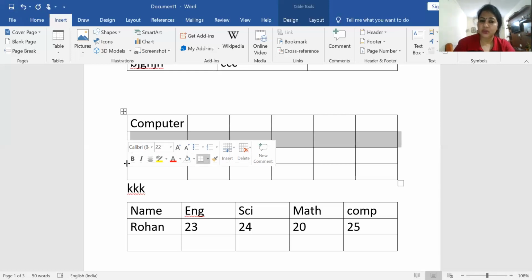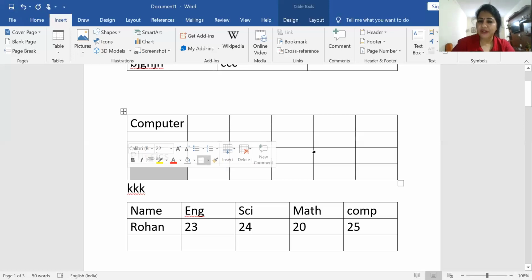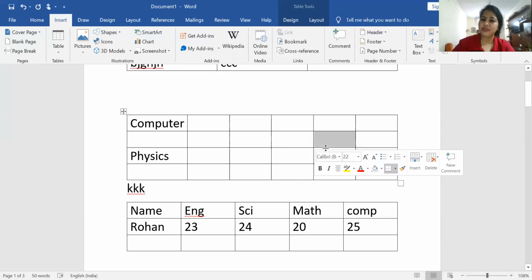And when the mouse pointer changes to the black arrow, if I move the mouse pointer to the left side of the cell and click here, that cell is selected. Whenever the pointer has not yet become black, you cannot select the cell. Just see here, if I move the mouse pointer and it changes to the black arrow, then if I click, the cell is selected.